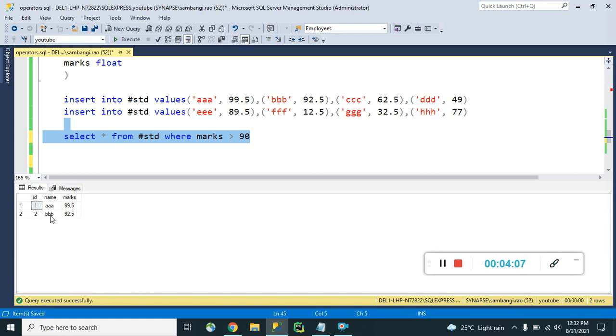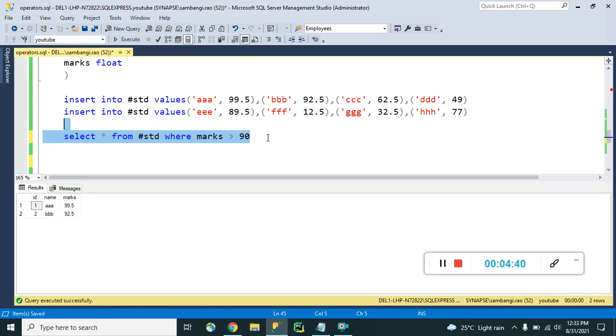When we retrieve the whole table data, it gives the whole data, with no filter. But when we apply a condition with the where clause, it will retrieve the data only when the condition is satisfied. Here the condition is marks greater than 90, and I want to retrieve only that data.